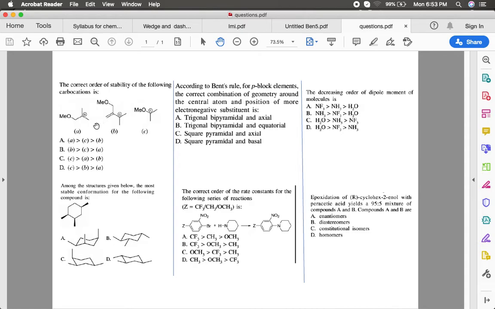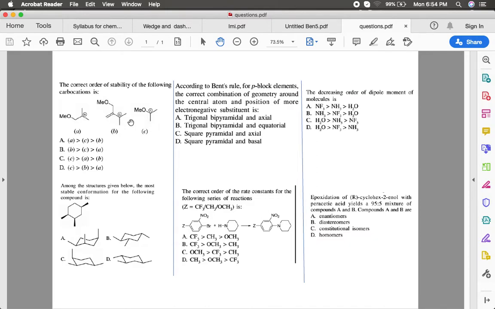We already know the secondary allyl carbocation and the secondary methoxy carbocation will be more stable compared to a tertiary carbocation. We should also know that this OMe will not do any resonance stabilization here. Instead, it can only have an inductive effect on this carbocation, which makes this the least stable among the three. Now, to find out between this and this, what we have to do,